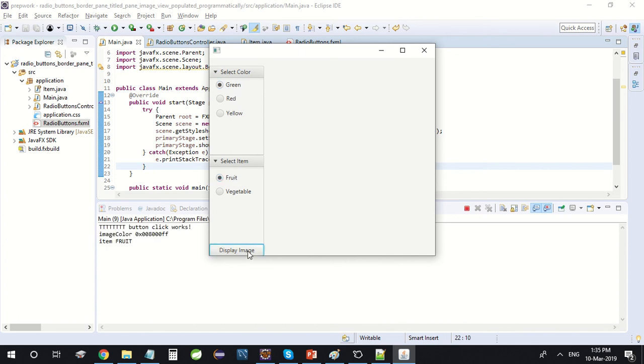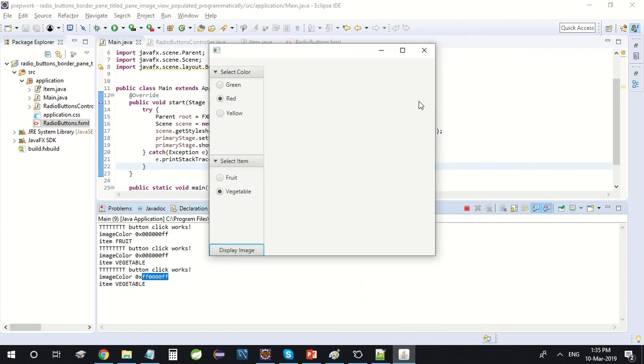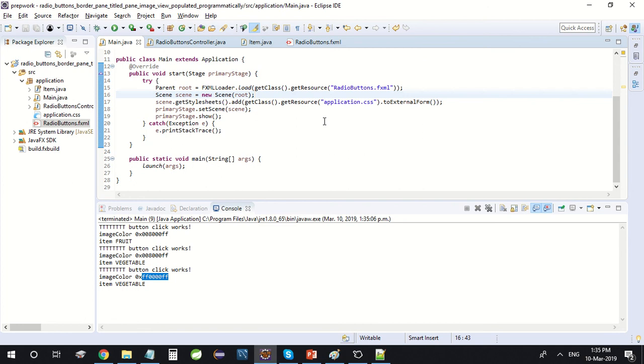So now when I click, I can see the color and I see fruit is selected. If I change the values, I can see now it's vegetable selected. If I change the color, now you see the value is slightly different. Alright, now that I know my code is working so far, now I can modify it to actually display the